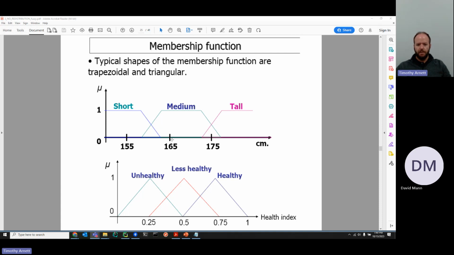There are other cases where you may want to define zero membership, and so that then leads into membership function selection based on the properties that you require of them. We can also have an example with triangular membership functions where we're talking about health. And so you may have some characteristics that are grading you as being unhealthy or healthy.